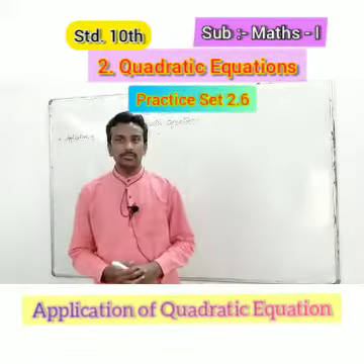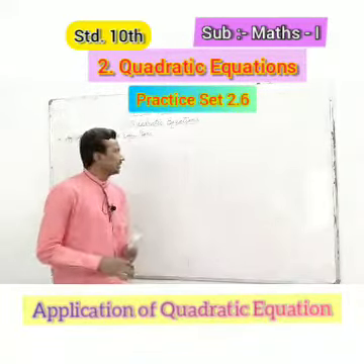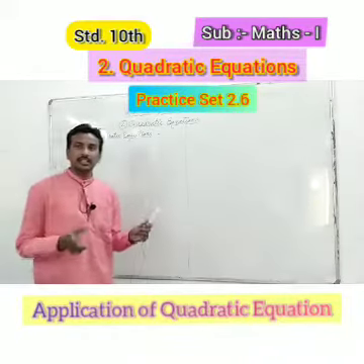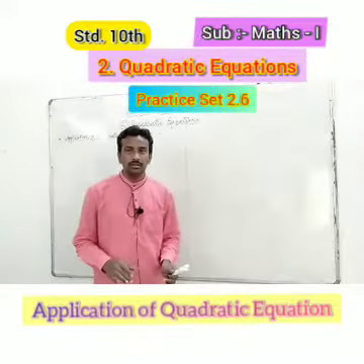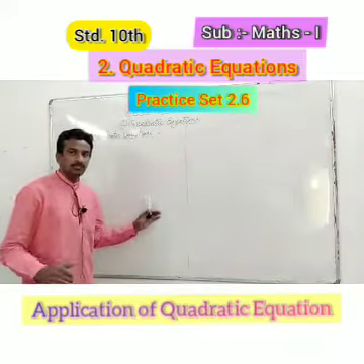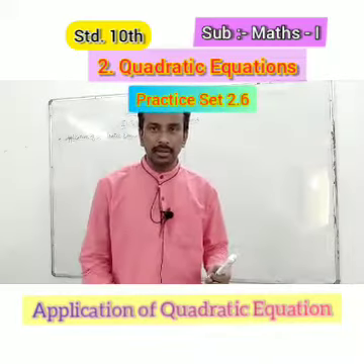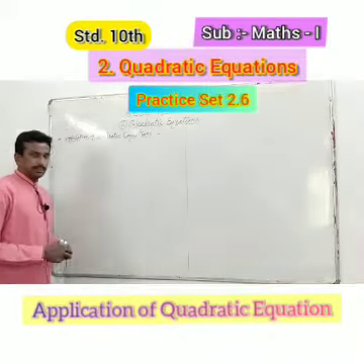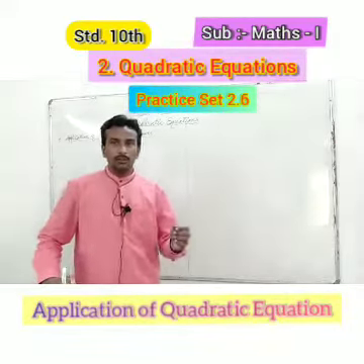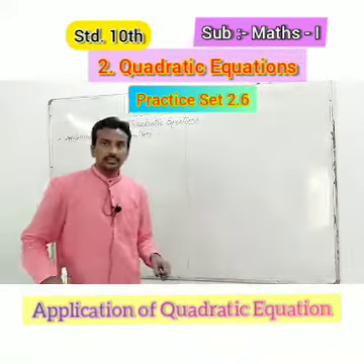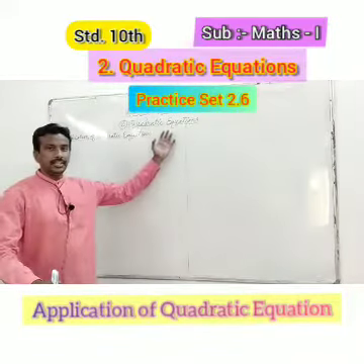In a word problem, first of all we have to read carefully the given question, then understand the conditions given in that question. Some unknown identities are there. For those unknown identities we have to assume an alphabet as a variable, any one variable, and then by using the given conditions we have to form a mathematical equation, and then we have to convert the given mathematical equation into a quadratic equation.